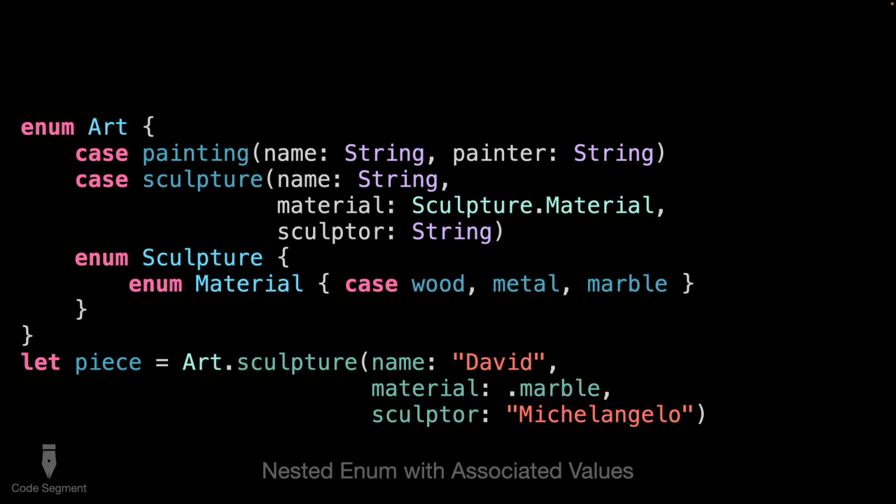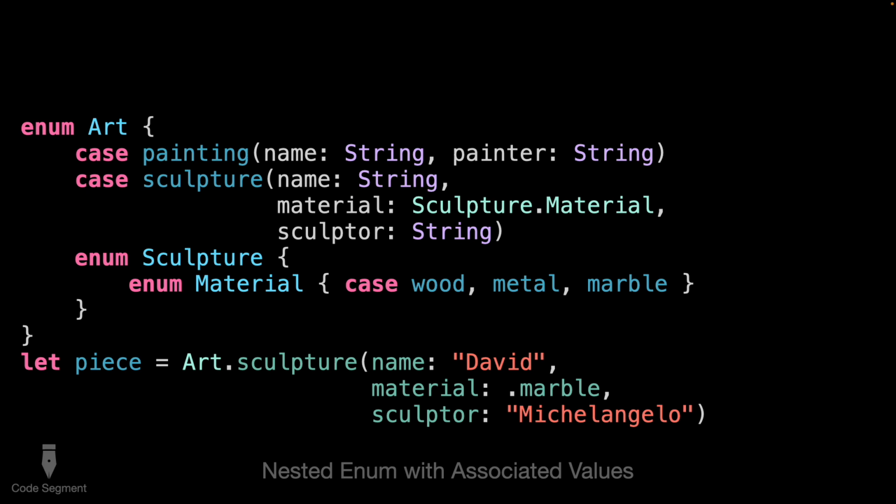And I want that material to also be defined by a Material type, but I'd like that Material type to be scoped just to Sculpture, and I'd like that Sculpture type to be scoped just to Art, so that if I'm using sculptures or materials elsewhere in code, I don't accidentally run into this exact enum that I created. If I want to have a different kind of Material enum, like if I had an enum for 3D objects, and it's got a mesh and a material and so on and so forth,